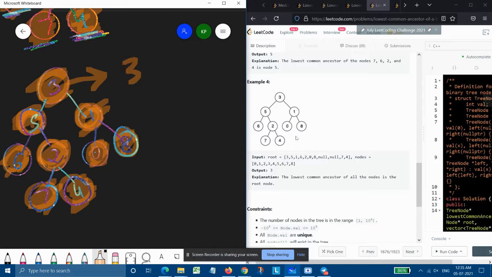If any number of nodes could be given in that vector, we need to do exactly the same as we were doing in our previous question. We just need to change one condition: when we encounter a single node, we don't need to return null, but we need to return the node itself.